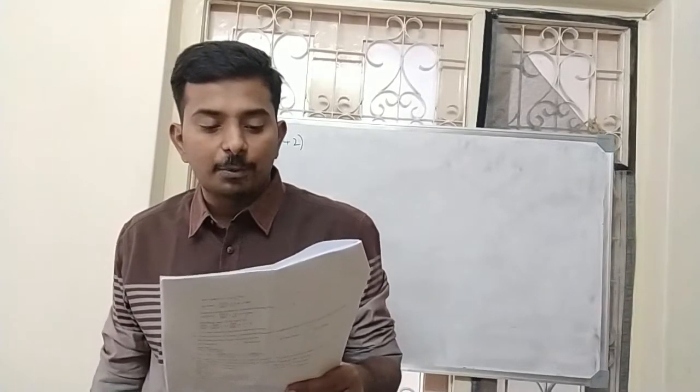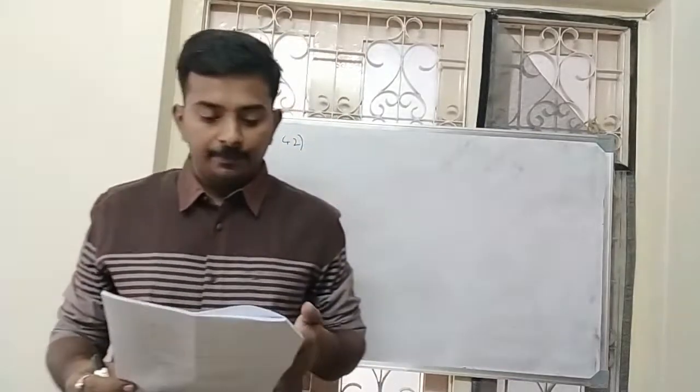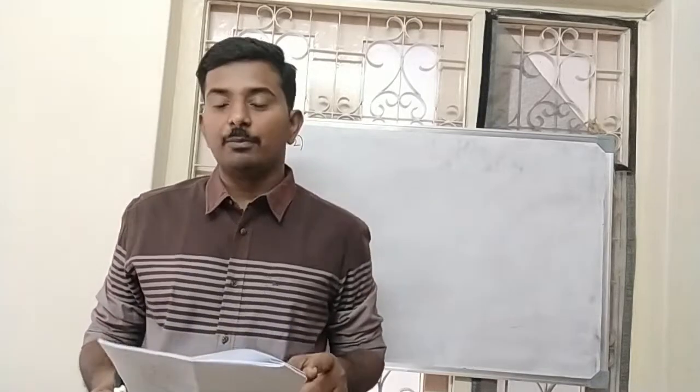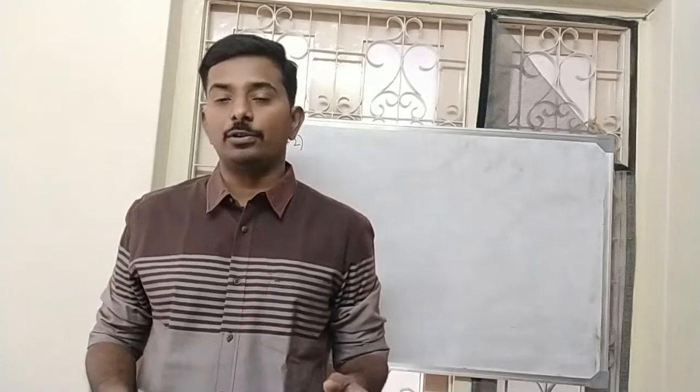The freezing point of a 0.01 molar aqueous solution of glucose at 1 atmosphere is minus 0.18 degrees centigrade. To it, an addition of equal volumes of 0.002 molar glucose solution will produce a solution with freezing point nearly. So here we are having two solutions, right? The two solutions are being mixed. For the first solution, they have given the freezing point. After mixing, they are asking the freezing point of the final solution.